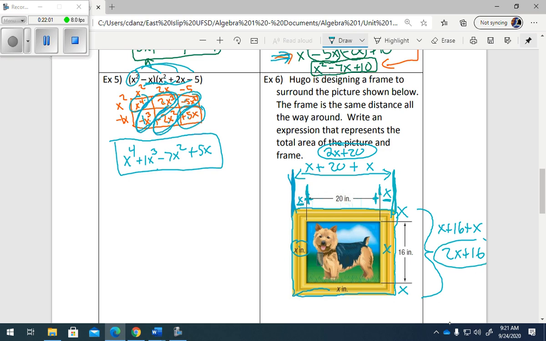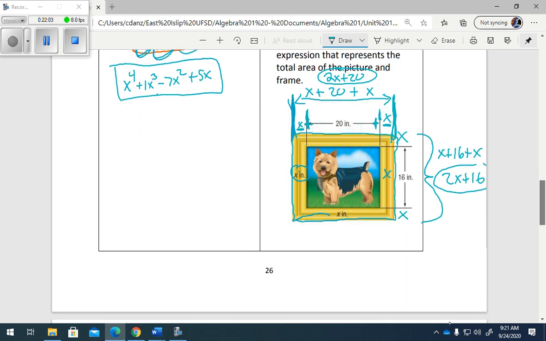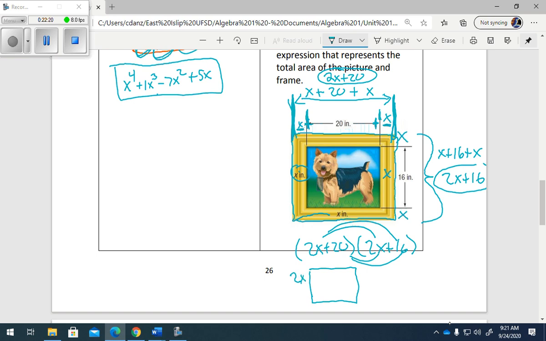So I have a binomial times a binomial. I have to do 2x plus 20 times 2x plus 16. Now you can do this distributing if you're good at it, or now make your own box and do a 2x plus 20 over here and a 2x plus 16 here. Sorry, that's an x. We get 4x squared,